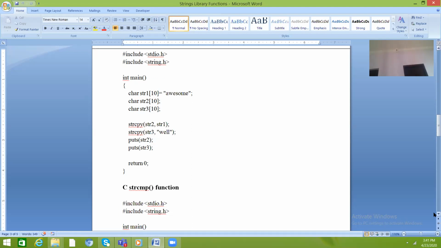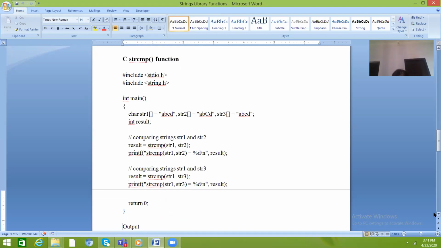Next is the strcmp function. strcmp is generally used for comparing two strings. If you need to compare two strings using library functions of strings, you can use the strcmp function. Here the first array is small abcd. The second is abcd where C is a capital letter, and string 3 is small abcd.